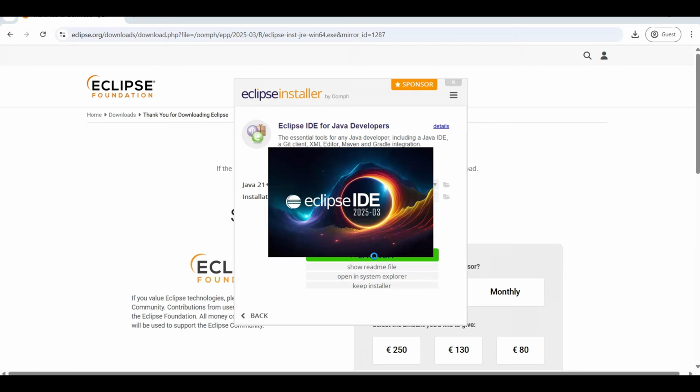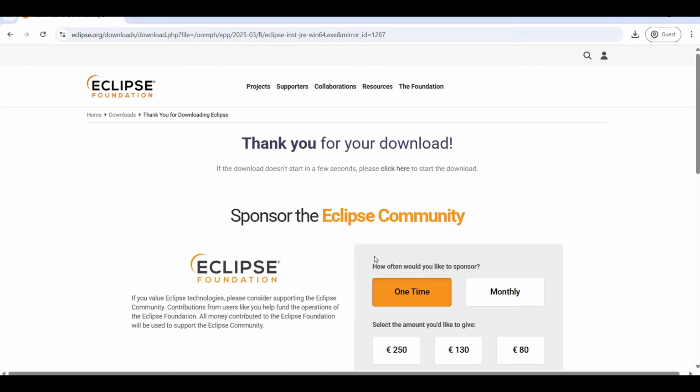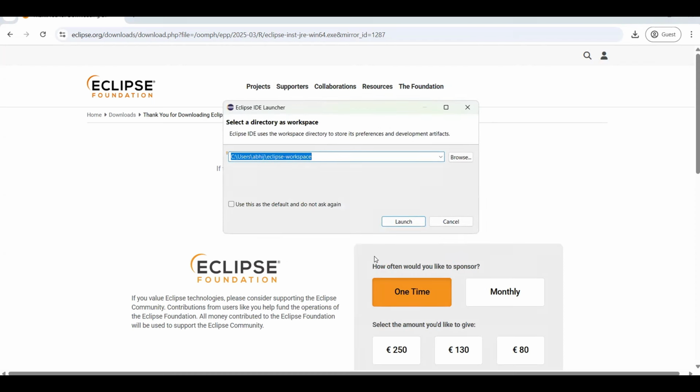Now, whenever Eclipse IDE starts, it always presents you with the option of choosing a workspace. I will discuss workspace and everything else related to Eclipse in the next video. That is when we are going to start with our very first example. Right now, I'm not changing anything. I will just go with the flow. I'm going to click on launch.